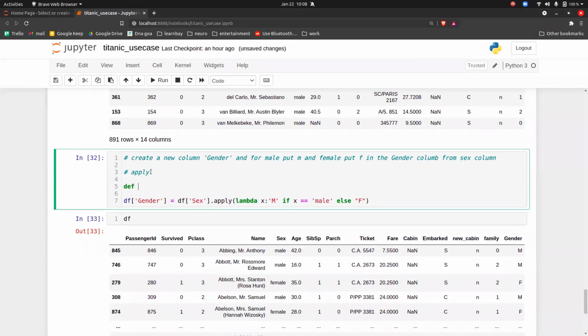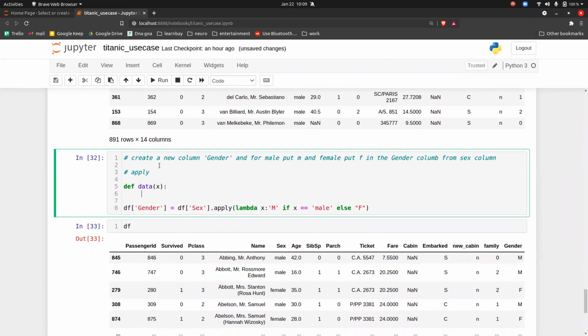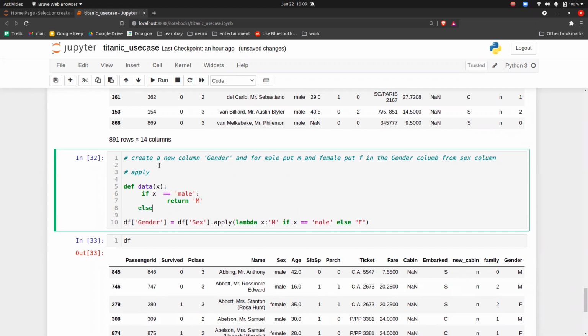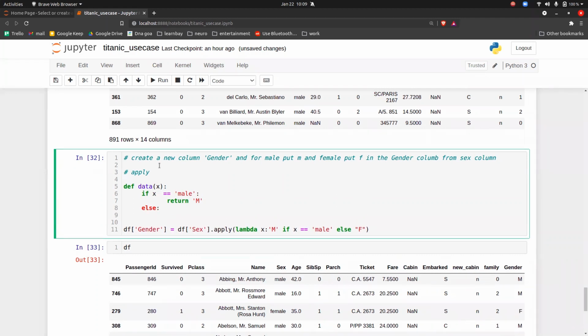Let's say you create a function, def data of x. Then you take the same thing. So if x is equal to male, return M, else... I think that return M is too ahead.